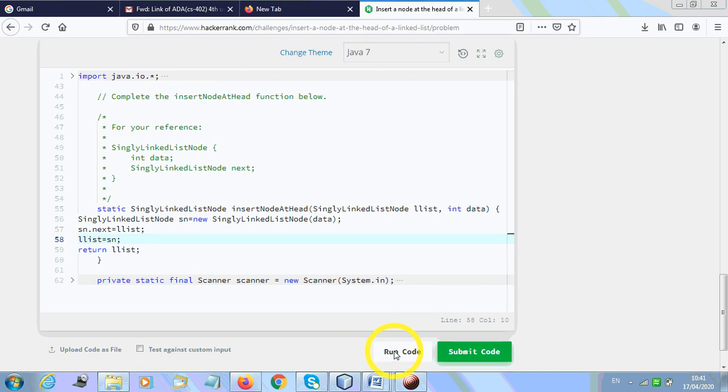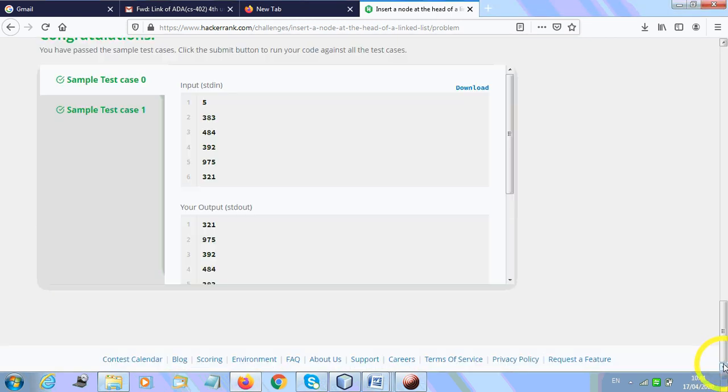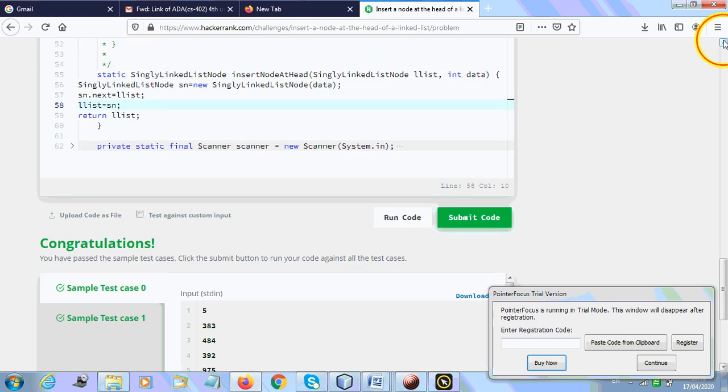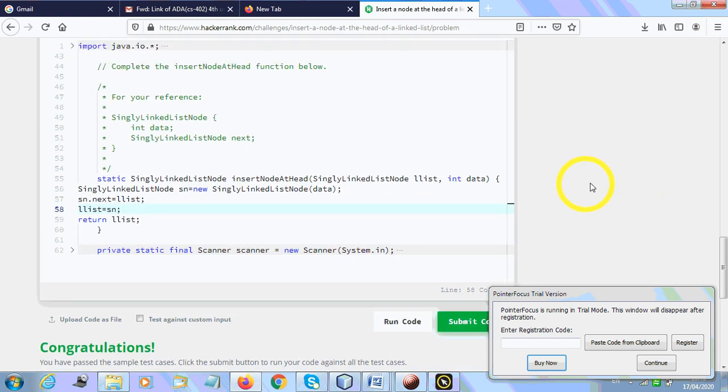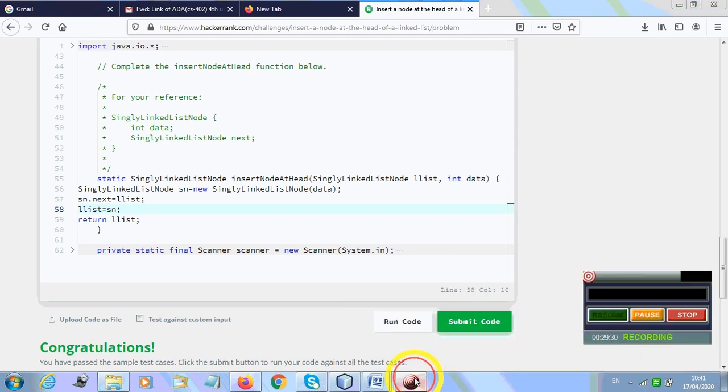Run the code, get the value. It will process. Okay, everything will be good. So by having this way, we are going to see the things. Okay, so do practice like this one. So when I tell you about this insertion at the head, you are going to get this thing itself. Need not be worried right now. Okay, hope you have enjoyed this code itself.